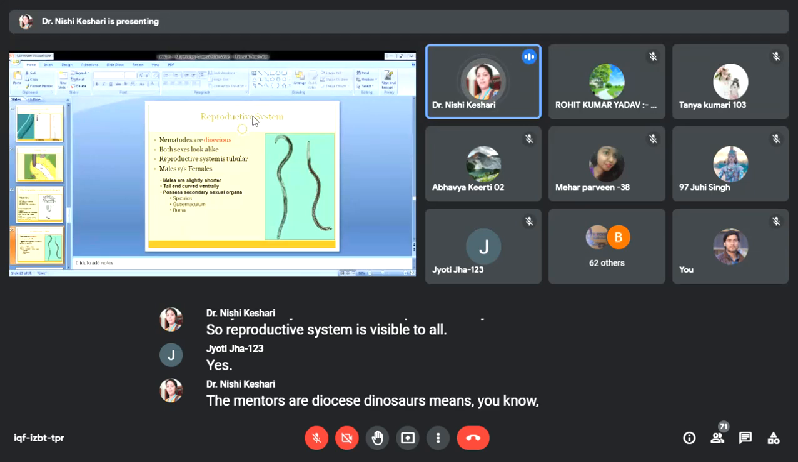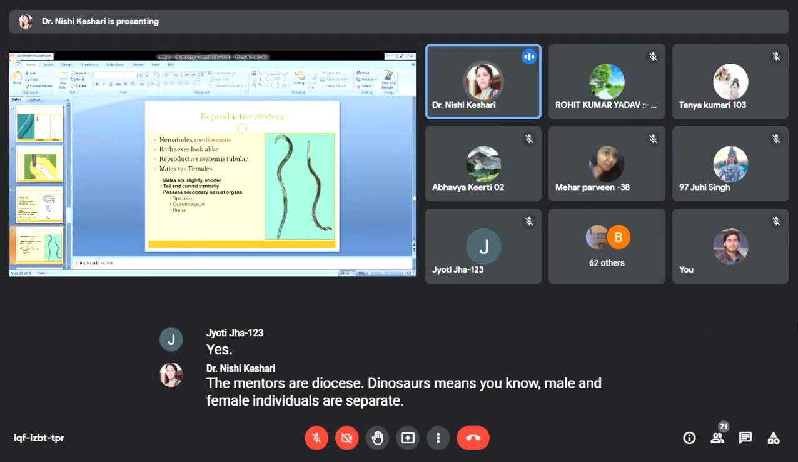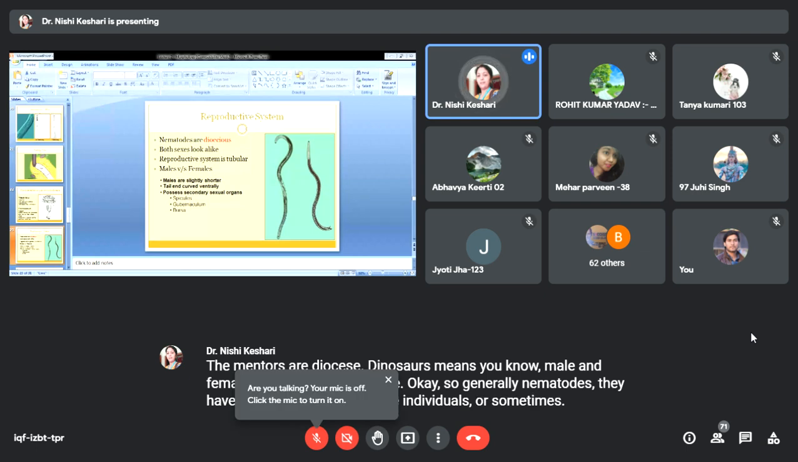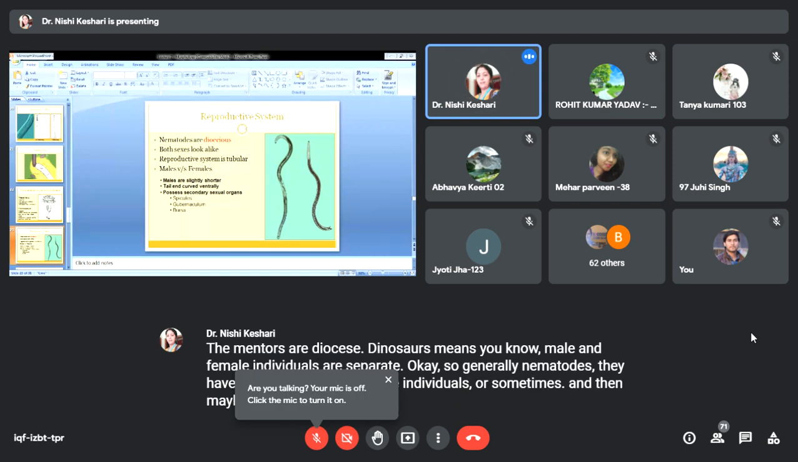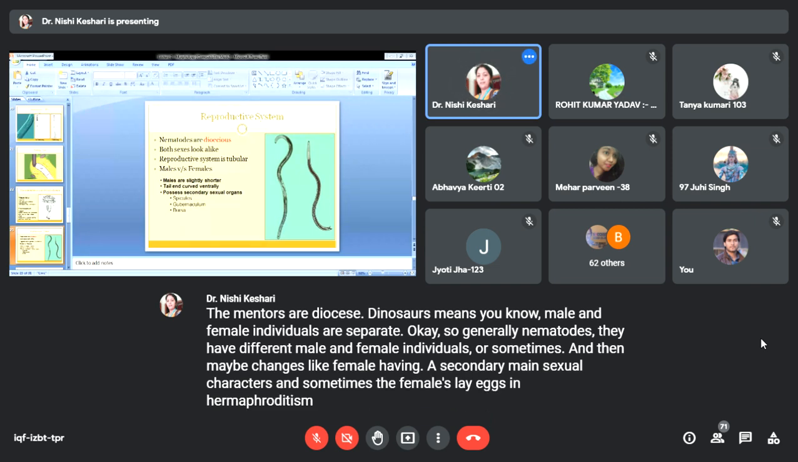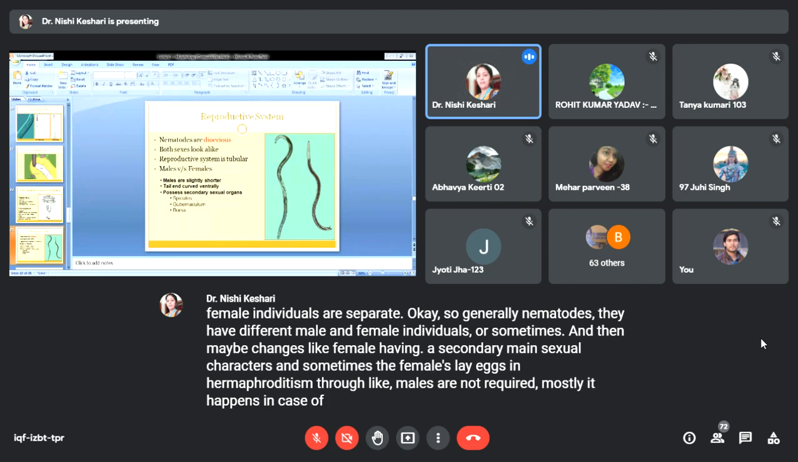Male and female individuals are split. Generally nematodes have different male and female individuals, but sometimes there may be changes, like females having secondary male sexual characters, and sometimes the females lay eggs through hermaphroditism, because males are not required. Mostly it happens in the case of Meloidogyne, where without the help of males, the females are capable of producing